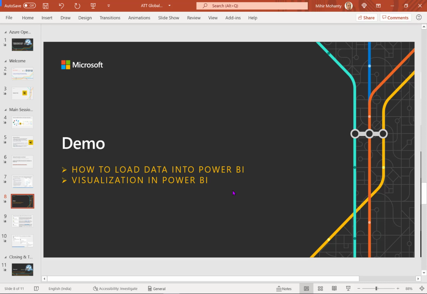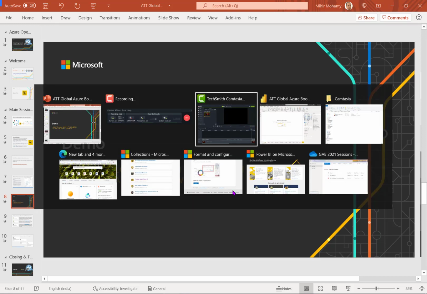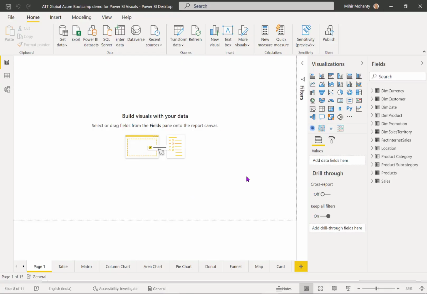So let me move to the Power BI desktop app first, then on the basis of that I'm going to show you a quick demo. You can see on my screen, this is the Power BI desktop app, which I pre-launched to help you understand how Power BI works and where to start.